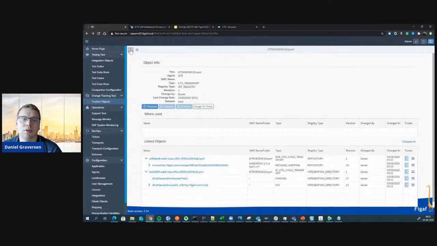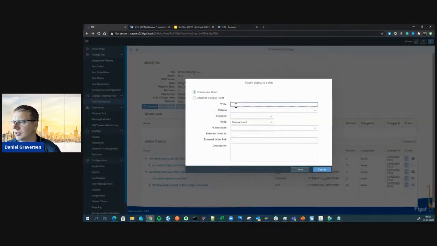Good. So now we have synchronized. We know everything that is in the CTS, and obviously if you make new changes, you would also see them in here. What we can then do is assign it to a ticket, and the idea is that we're obviously doing things because we got it in a Jira request or something like that. So we will have a Jira ID